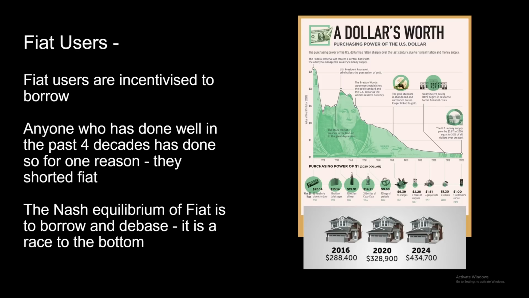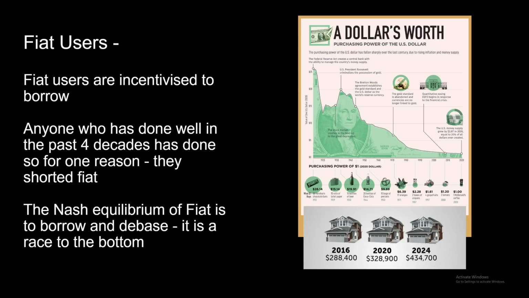You know, a lot of people talk about how their home purchase was their best investment, and that has yielded extremely high returns over the past 40 years or so, but you would have actually been better 40 years ago to take out a loan and put that money into the stock market and then rent instead. You would actually be better off now than if you had bought a home. So it's not the home that has done well, it's the shorting of fiat and taking out a huge amount of debt which has made people do well.